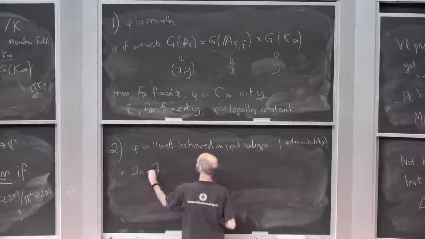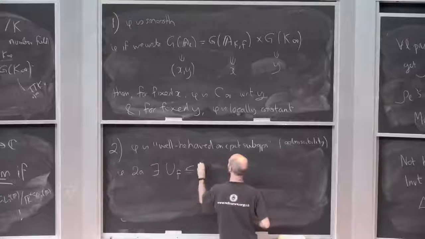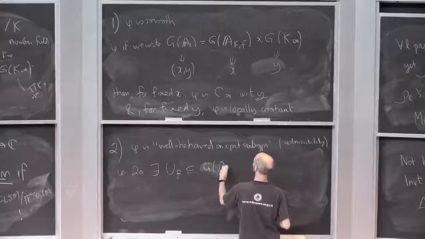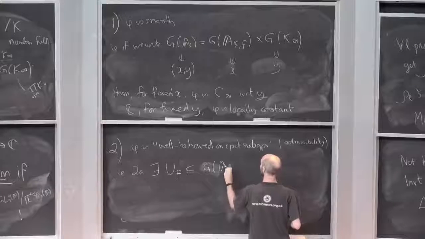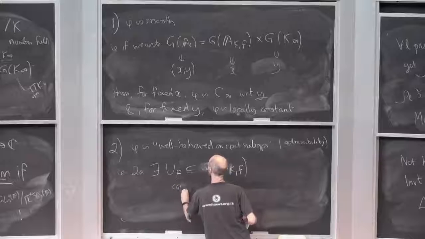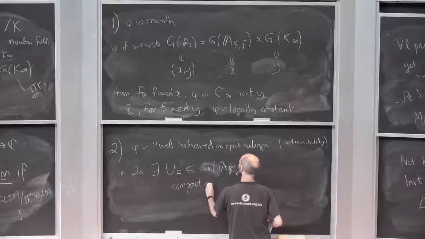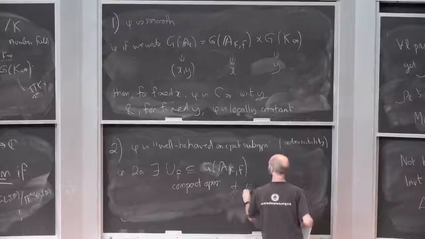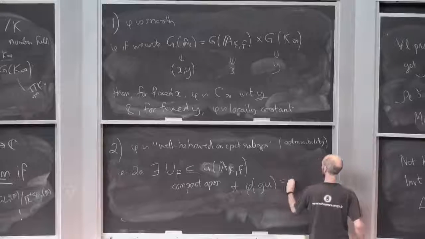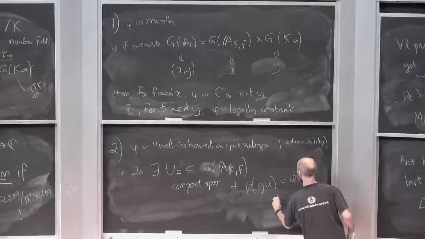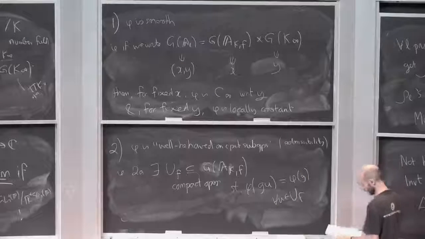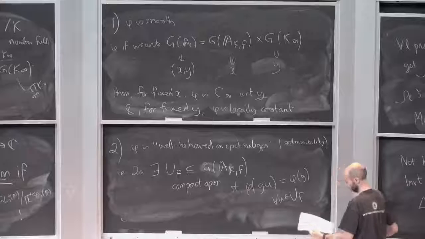2a: there exists some U_F living in G of the finite adeles of F, compact open, such that phi of g times u equals phi of g for all u in U_F. I put U_F because it's the finite part. That's the finite part. And at the infinite part,